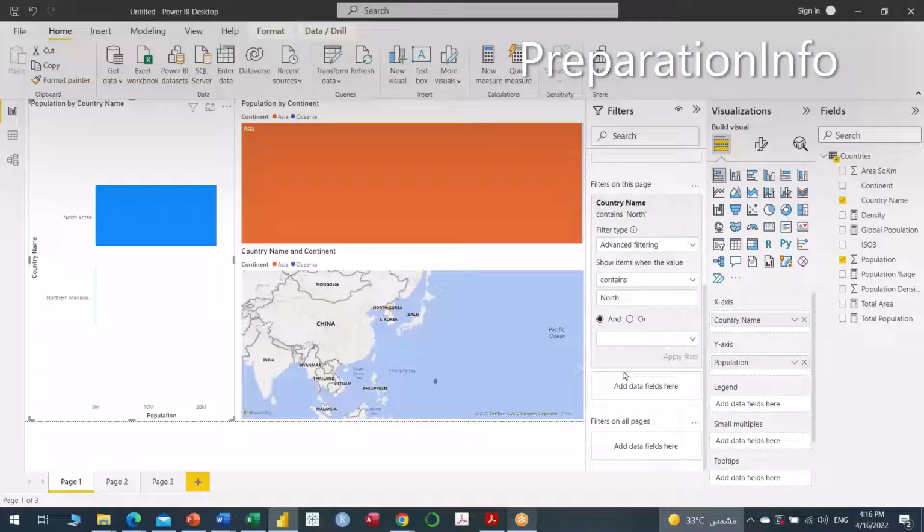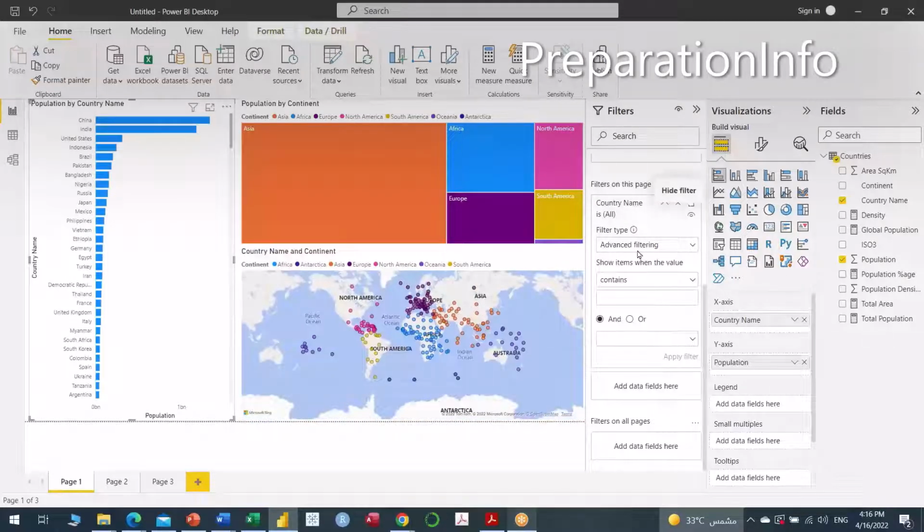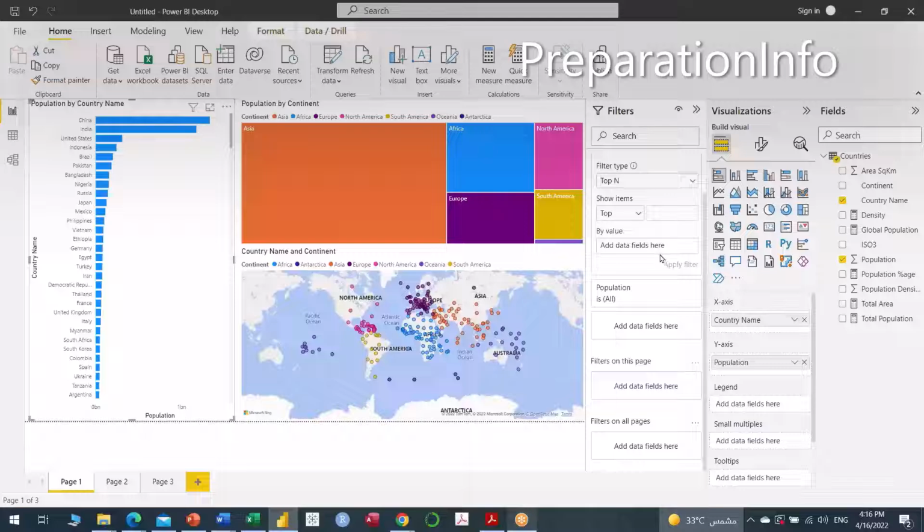Filter type. So you will say country name. I brought country name here, and this country name is actually working and giving me the final result. Now if I clear the filter, it goes, and I want the filtering not based on the country, but based on my continent. Here is the filter on this page. If I bring in the continent and put it here,